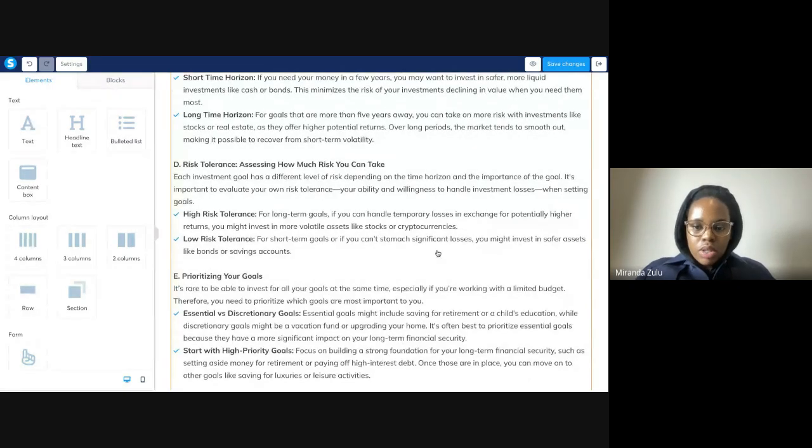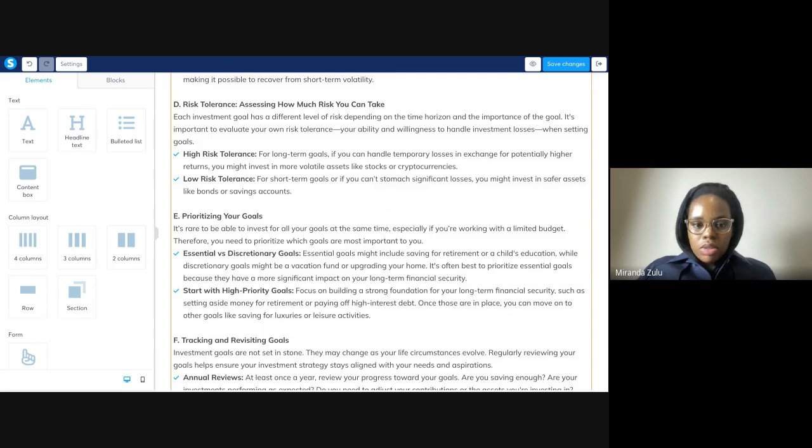Risk tolerance is really important, and we spoke about this in the last lesson plan as well. High risk tolerance assets are things that are very volatile, like stocks and cryptocurrencies, mainly cryptocurrencies because of how they fluctuate. Low risk would be things that are safer, like a savings account or a bond. Those have less risk. A money market account is also a lower risk type of investment. But also remember the rule: low risk, low reward, high risk, high reward. It's not set in stone that that's always the case, but a lot of the time that rule applies to those types of accounts.